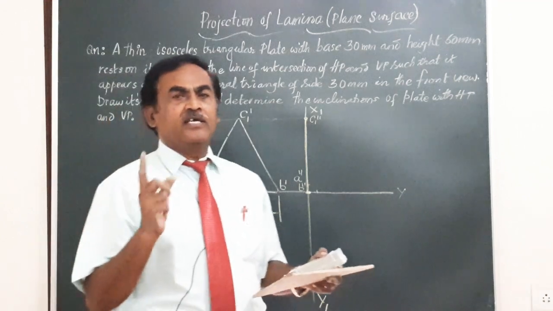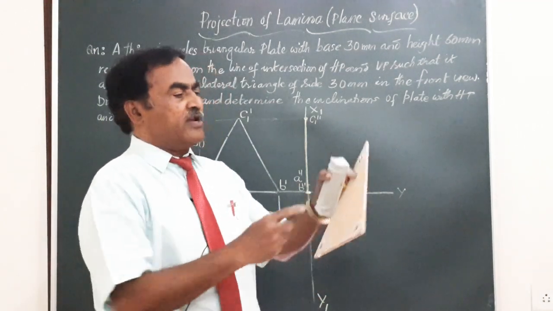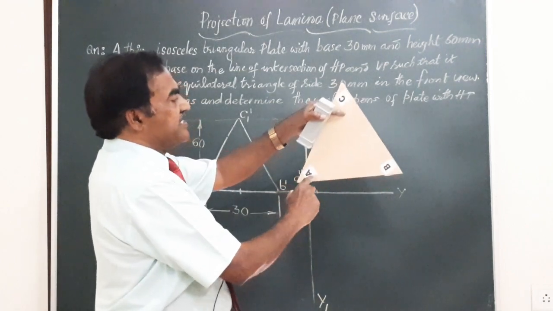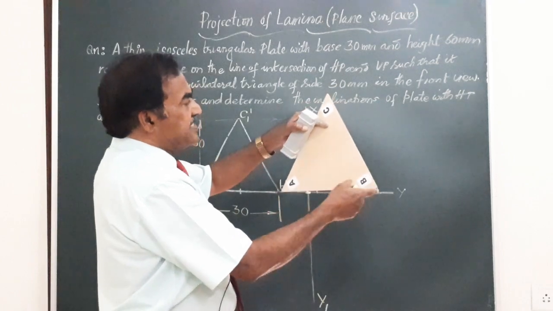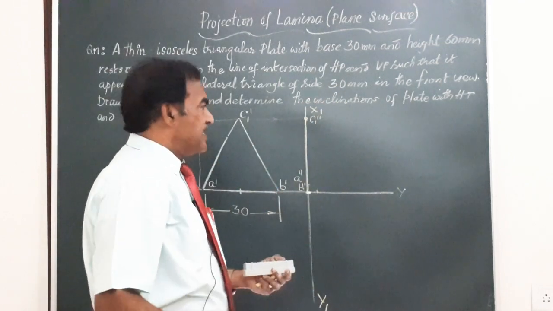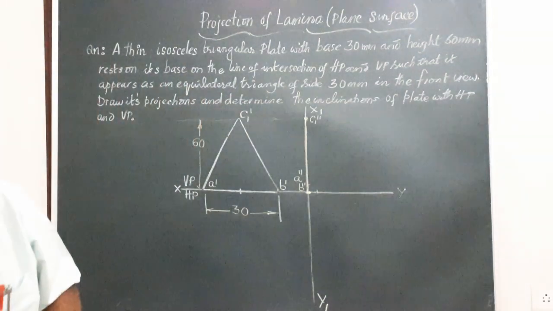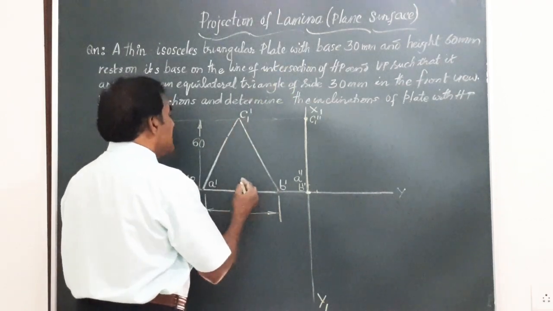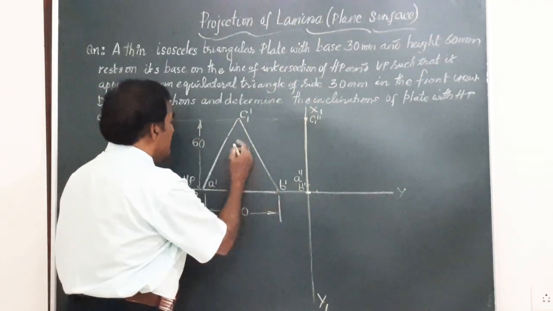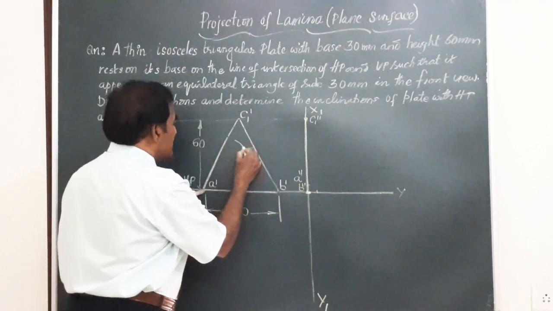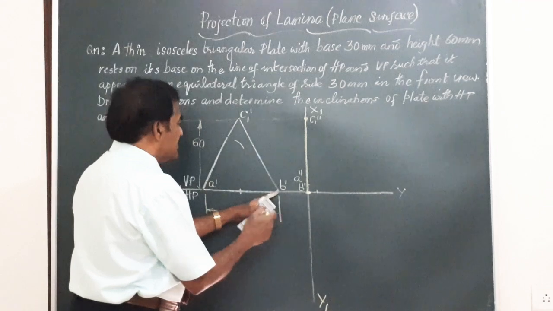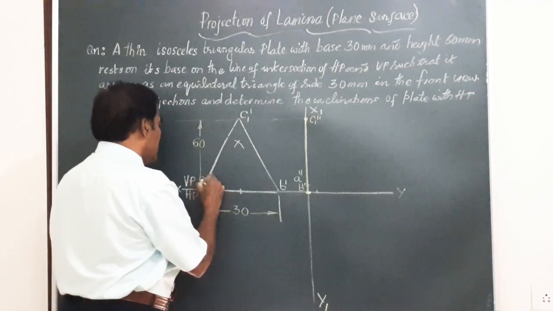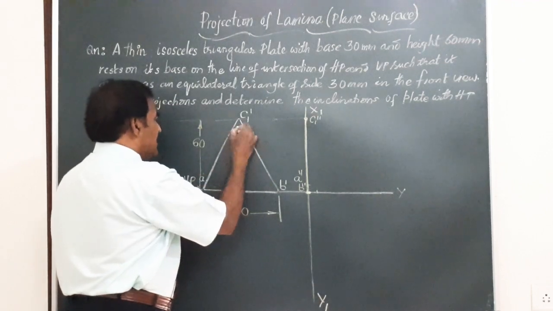By definition, an equilateral triangle is a triangle which has all the interior angles, angle A, angle B, angle C, each equal to 60 degrees, and all the sides AB is 30, BC is 30, CA is also 30. They have given very clearly that this particular lamina or plate appears as an equilateral triangle. So friends, you have got this measurement. Take A dash as center, radius equal to 30 mm, draw an arc. B dash as center, radius equal to 30 mm, draw another arc. And friends, this will give you the point C dash, the final position.